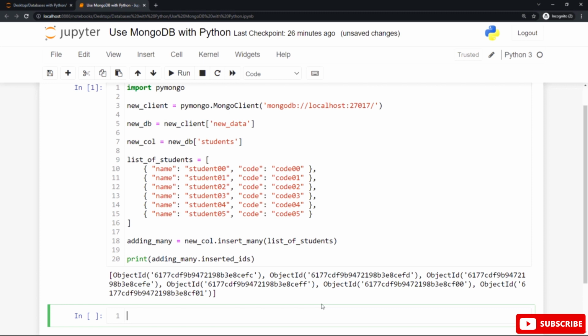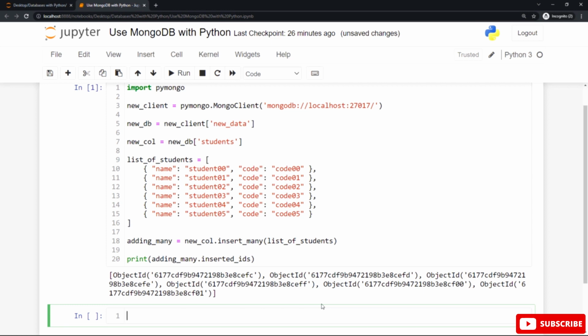First of all, to use the MongoDB database in the Python programming language, you need to import the PyMongo library in Python by using the import statement at the beginning to work with MongoDB without any errors, and you must install it at the beginning before importing it. You can install it first by using the pip package, and after that use the import statement to import this library. Then create a client object or create a connection to our database by using the pymongo.MongoClient with this URL to our localhost.